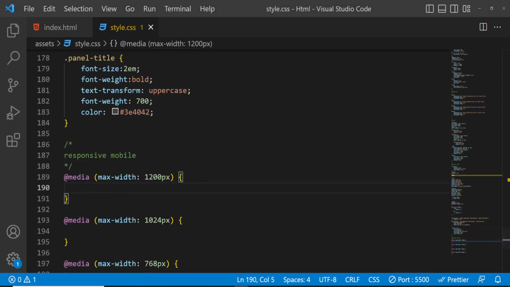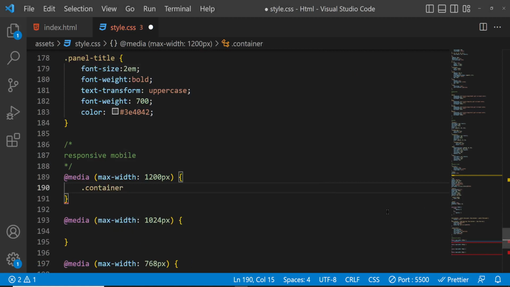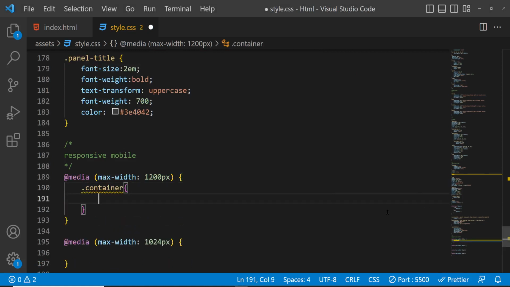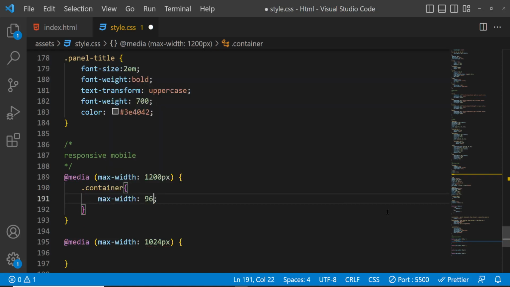So let's make the container max-width 960 for this smaller screen,